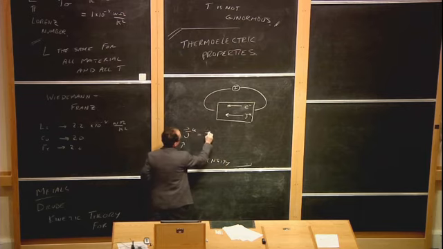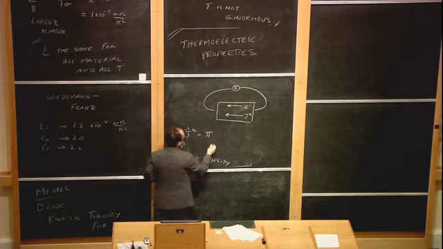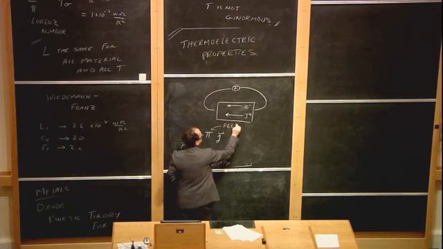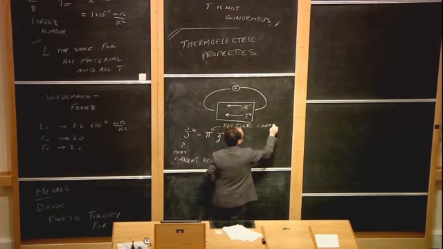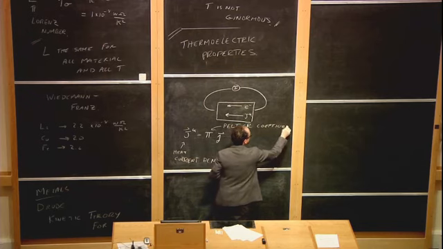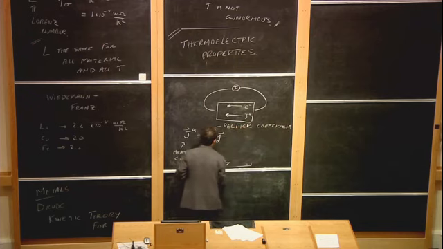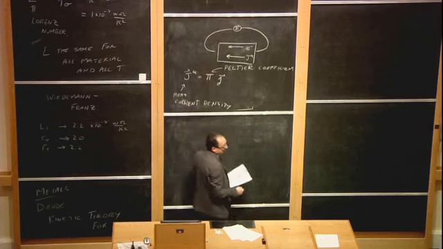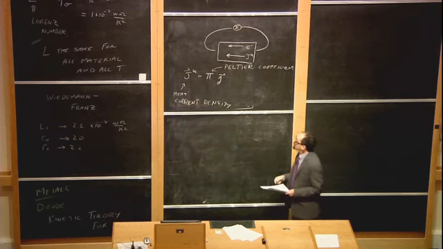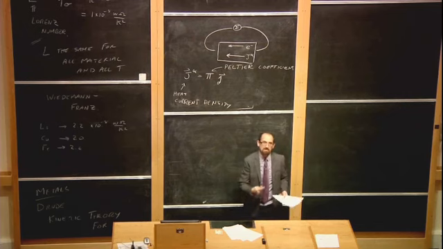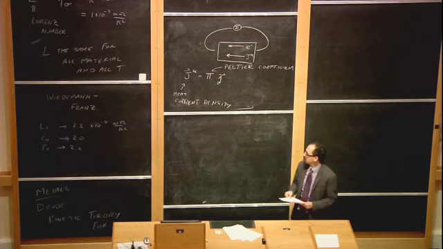J_Q is equal to some coefficient pi times the regular current density, J, and pi is known as the Peltier coefficient. And this is known as the Peltier effect, after Mr. Peltier, who discovered this effect in 1834. Another one of these people from the 1800s who liked to measure thermal and electrical transport.